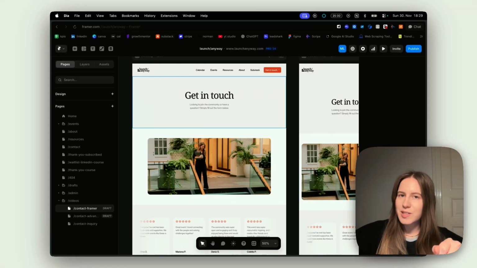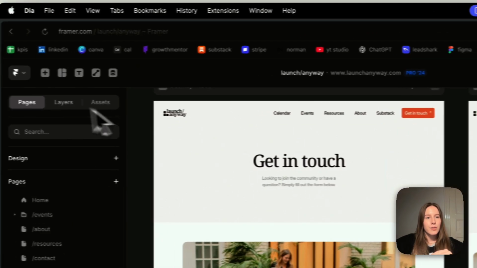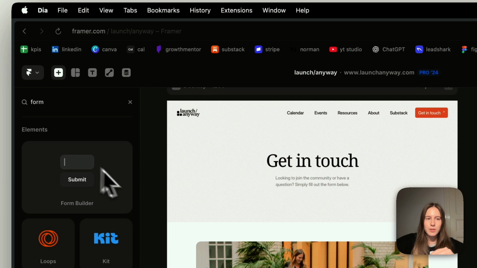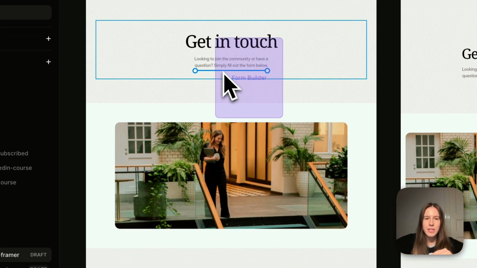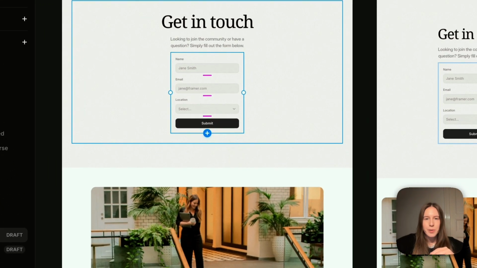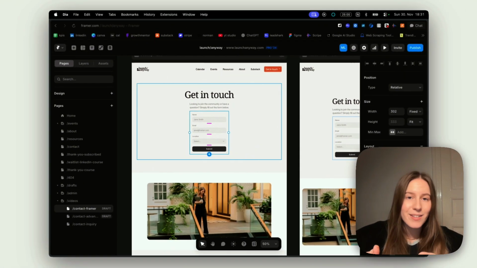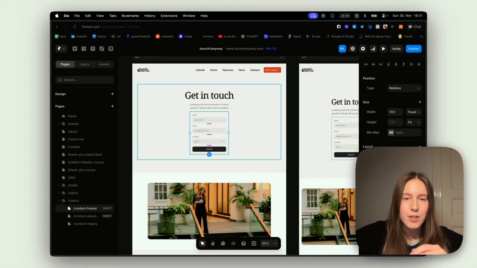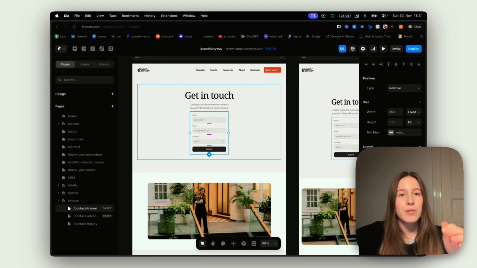Let's say you want to add a multi-step form on your Framer website. If you take a look at the native form builder in Framer, you'll see there is no way to add conditional logic, hidden fields, or progress bars or anything like that. But thankfully there is a way to do this in Framer after all without coding by using a plugin from